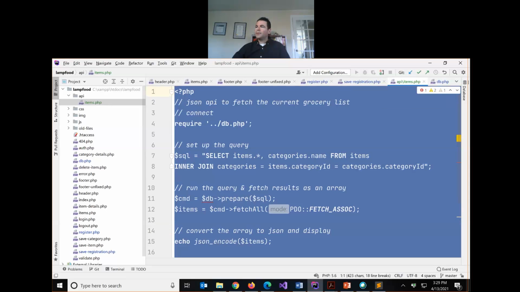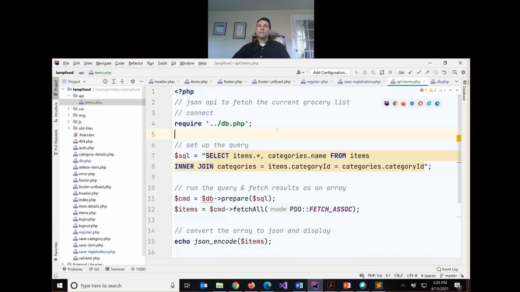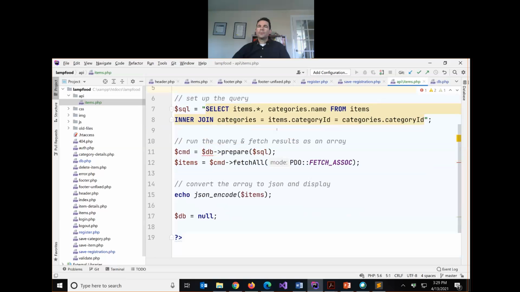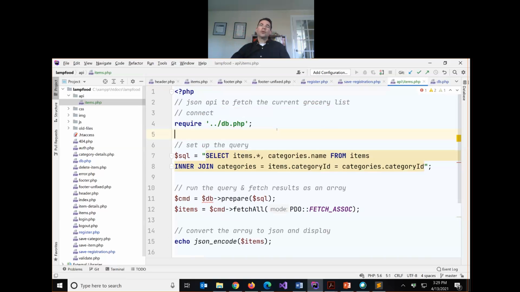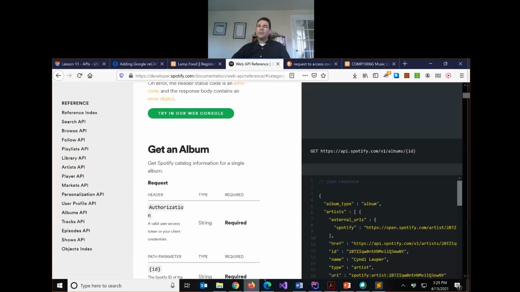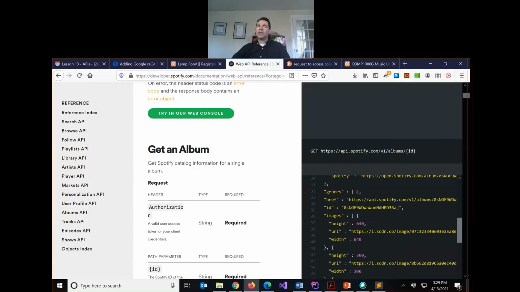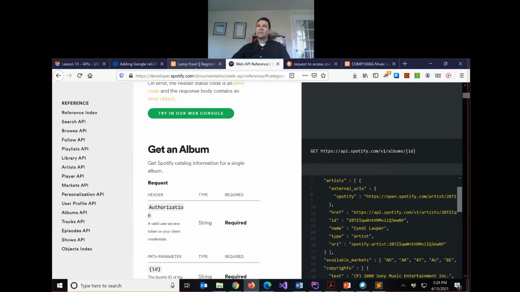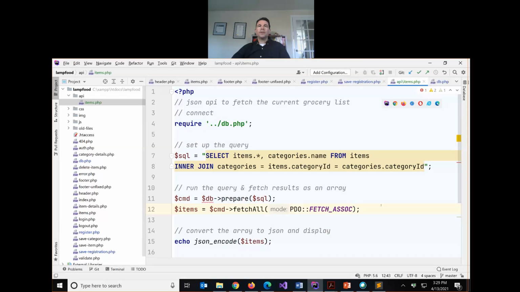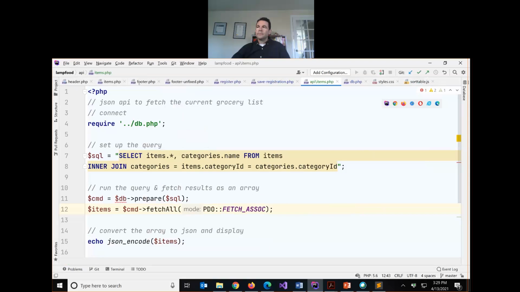We'll try this out. And then we can tweak it a bit too. So this should give us our full grocery list, I'm hoping, but in this format, in a JSON object. We'll try it out in just a second. And if it works, we're going to make a change to it